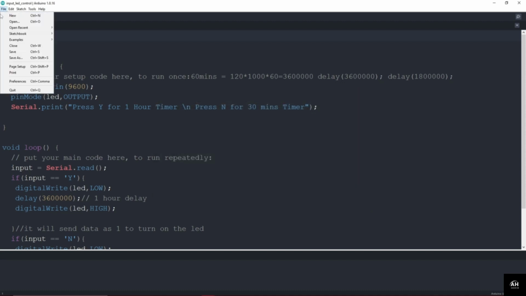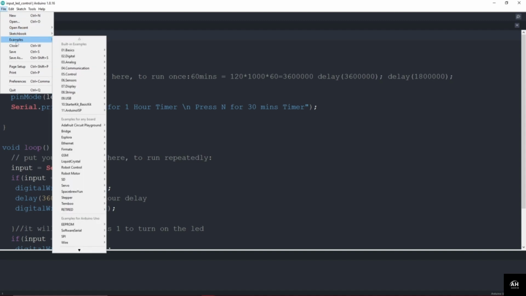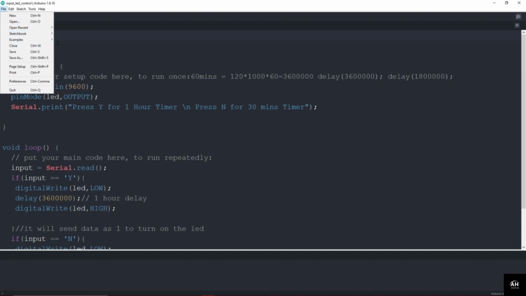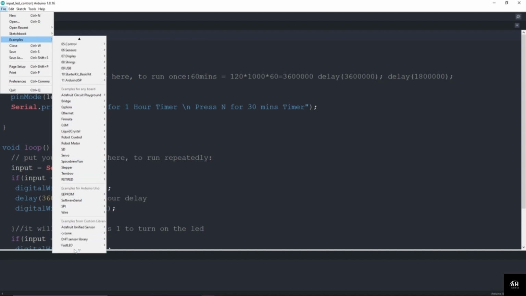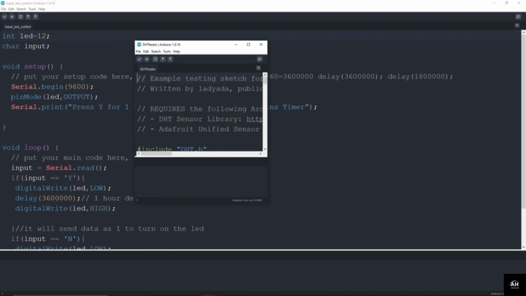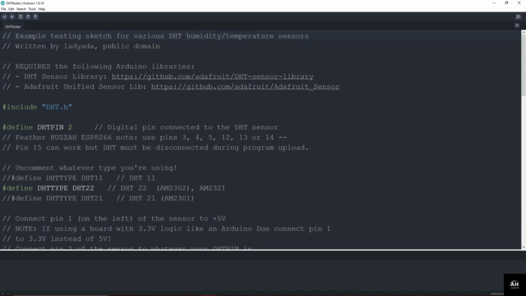on this File menu again. And here if we hover over this examples, you can see here are the different examples, which are some built-in examples and the libraries that we have installed, so we get the examples for the specific libraries. So you can see here is the DHT sensor library. So I will just open this DHT tester, and inside this program we will just do it full screen, and